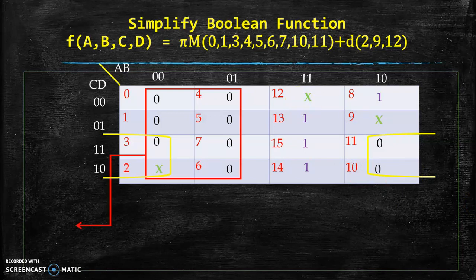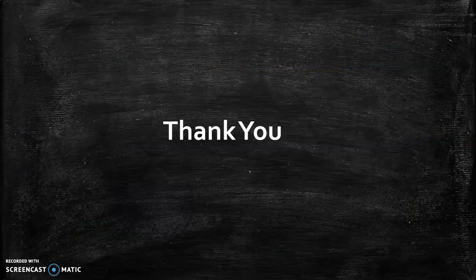Now we write the sum terms for the octet. In case of an octet, 3 variables are eliminated and we can write the sum term as A. For the quad, we can write the sum term as B plus C bar, and the final simplified Boolean function f of ABCD can be written as A dot (B plus C bar). So this way we can simplify POS type of Boolean function with 2 variables, 3 variables, 4 variables, even with don't care conditions.